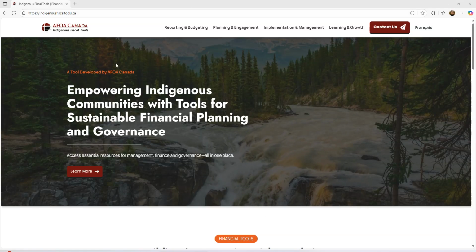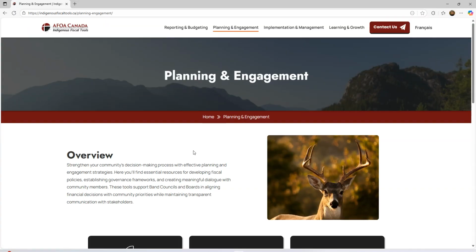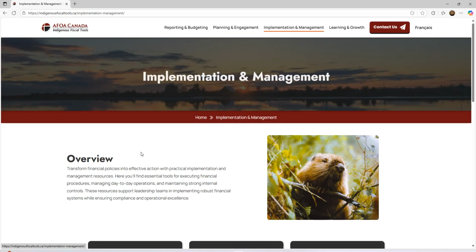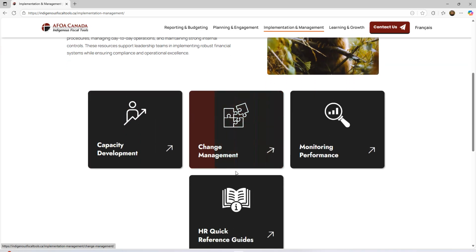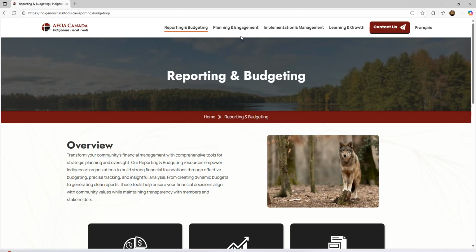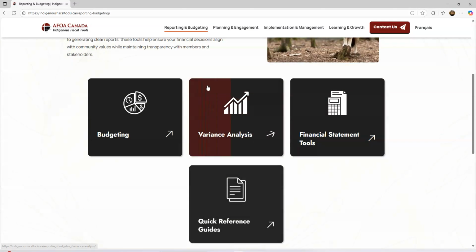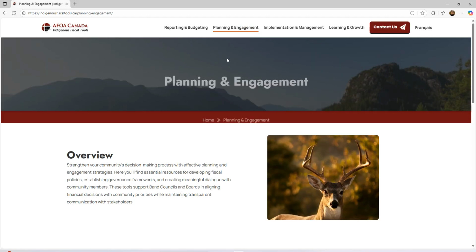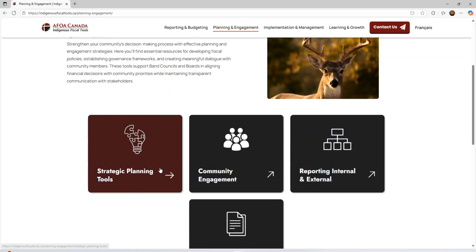Welcome. I just want to navigate some of the Word type documents that we have in the implementation and management section within our free tools. Going through each section above, we have the reporting and budgeting, the planning and engagement, and the implementation and management area. Let's navigate to the planning and engagement section, and let's go to the